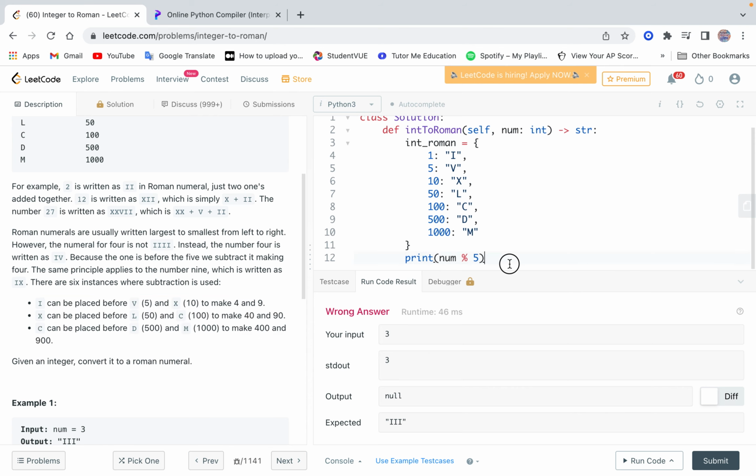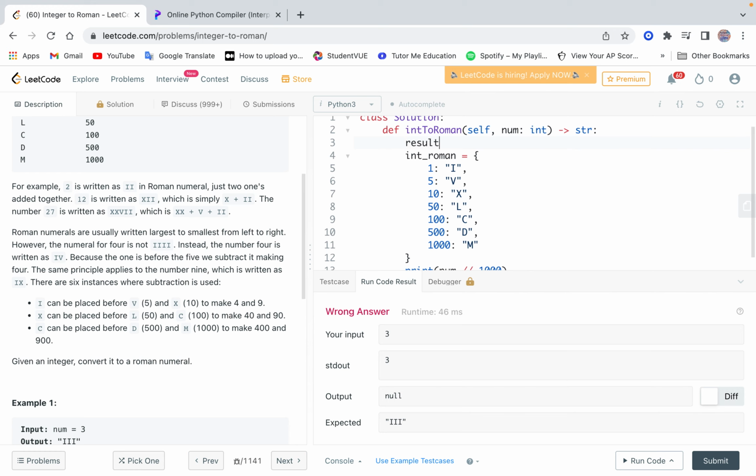Okay. So there are sure, whatever. Okay, then we can create 3. Okay, so basically we need to watch out for these numbers: 4, 9, 40, 90, 400, and 900, right? Okay, so let's say, should we start from the biggest or smaller? Let's start from the biggest, right? So that